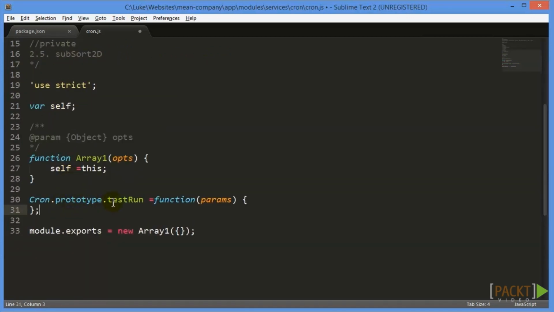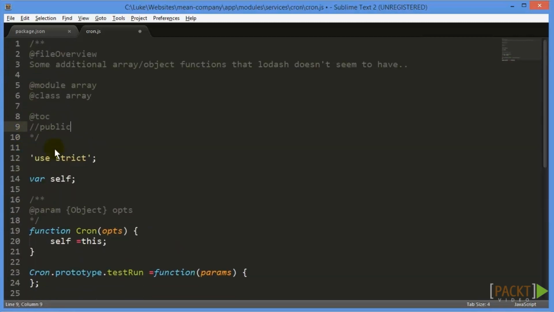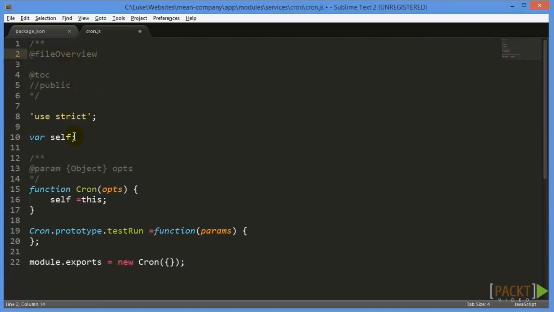So we'll call it new cron, and then this line, which actually declares it, and then our documentation can go here, and we can add that documentation later. So basically, we declare the function, we create a function that we're going to export, and then we actually export it. So inside of here is where we can actually write our function, and as before, we're going to look